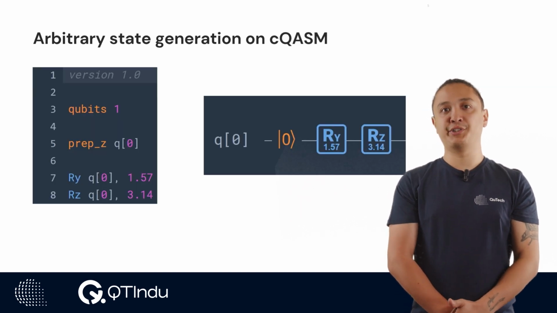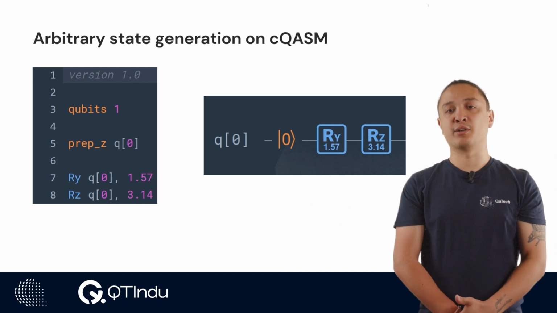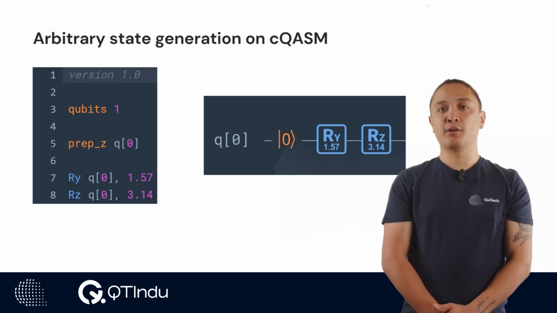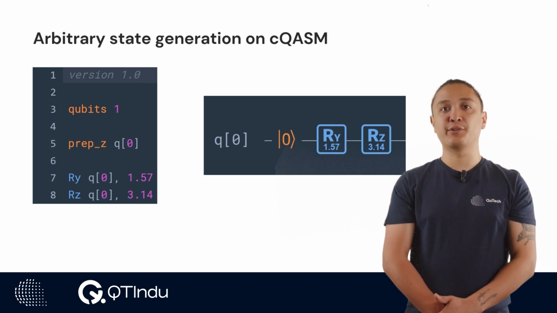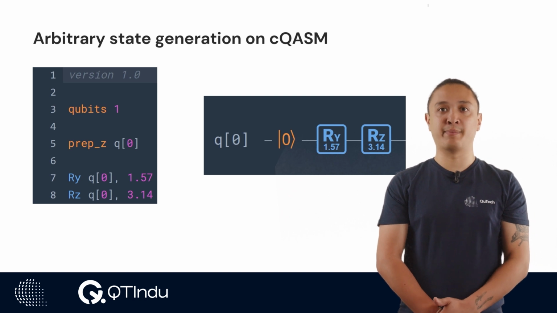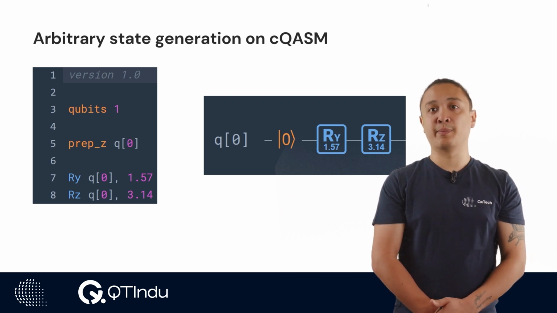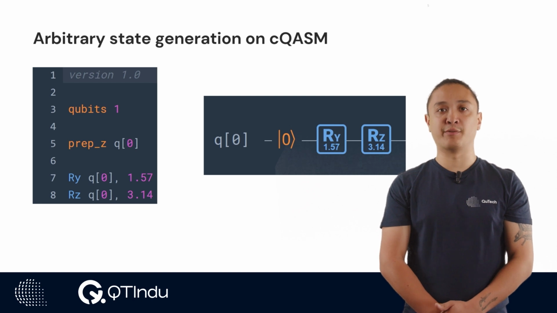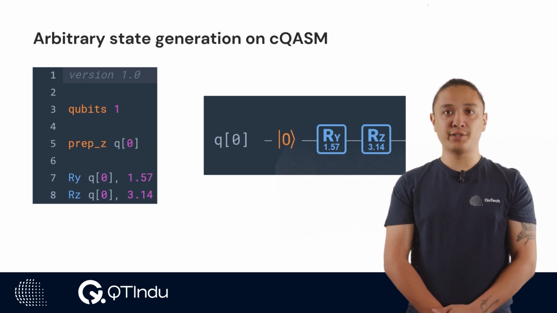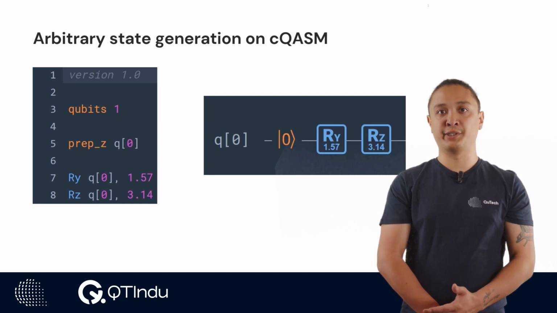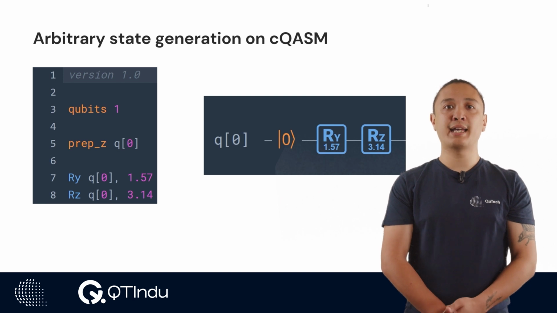Now, we will show how to generate an arbitrary qubit state on cQASM. We start off with specifying a single qubit and preparing it in the Z basis. Then, in lines 7 and 8, we apply the arbitrary Y and Z rotation. First, we specify the qubit which this gate is acting on, and second, we must specify the angles in units